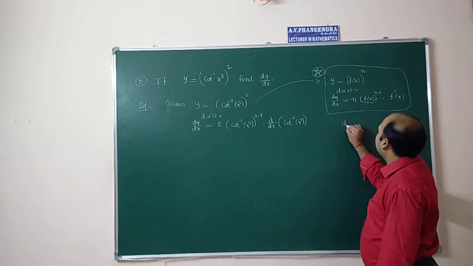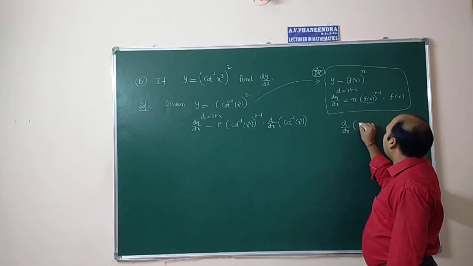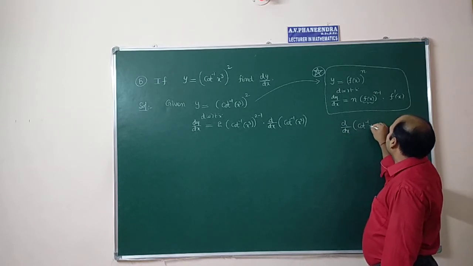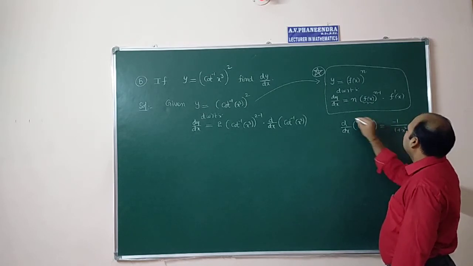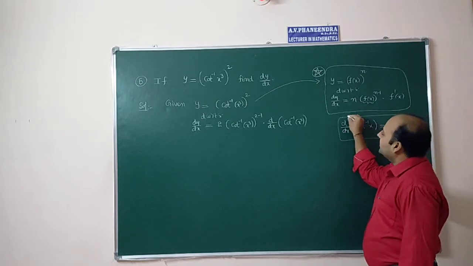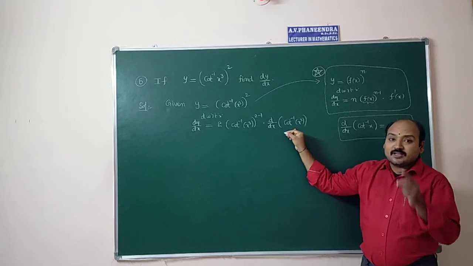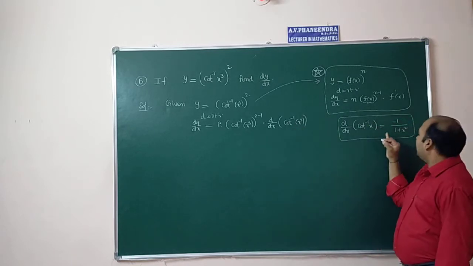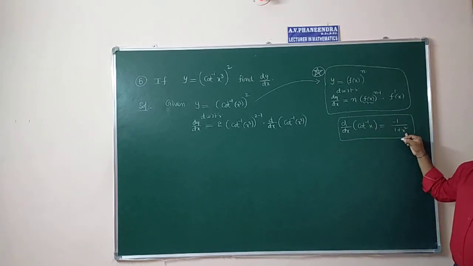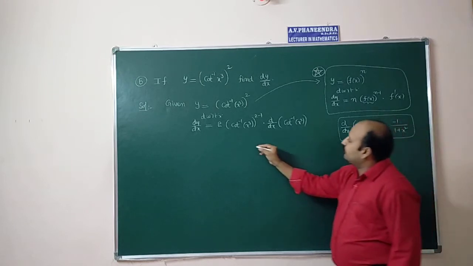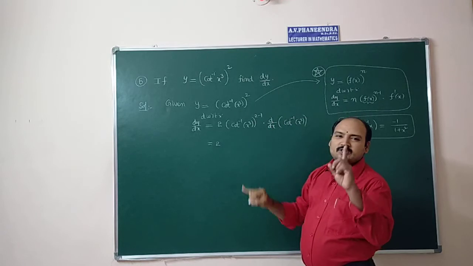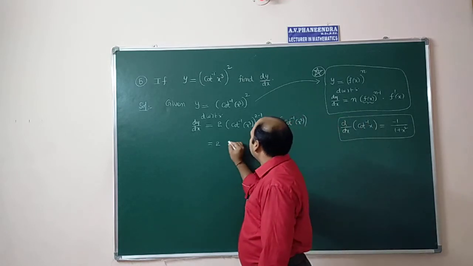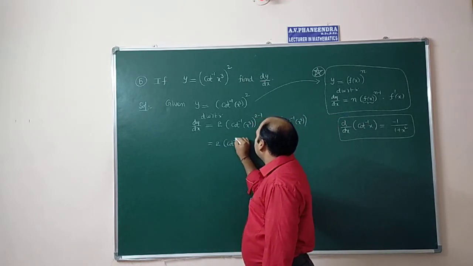So here I am writing d by dx of cot inverse x is equal to minus 1 by 1 plus x square. But you keep in mind, here in place of x, x cube is there. So wherever x is there here, you have to replace with x cube. So which is equal to 2 into whole power 2 minus n means 1. So we can neglect it. Only this function we have to write. Cot inverse of x cube